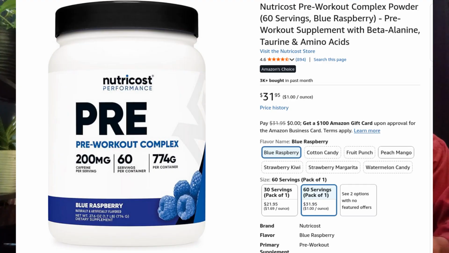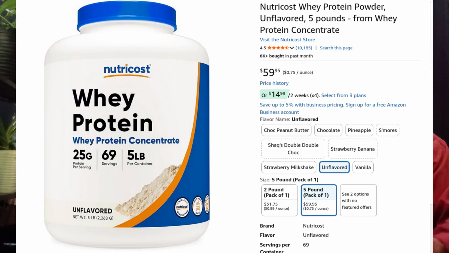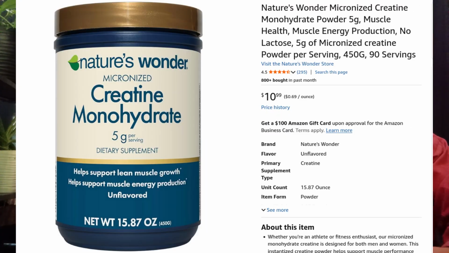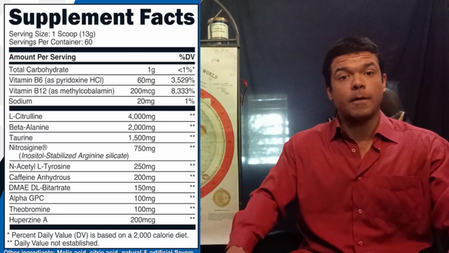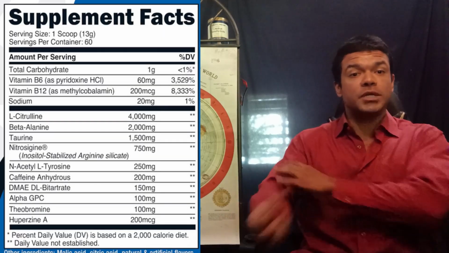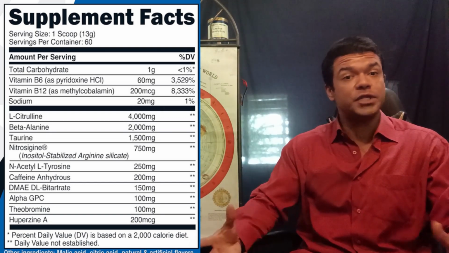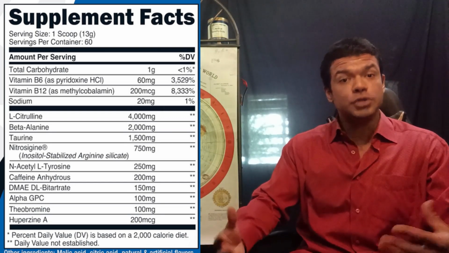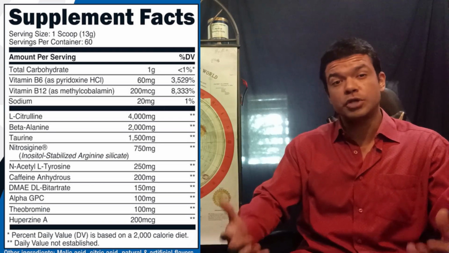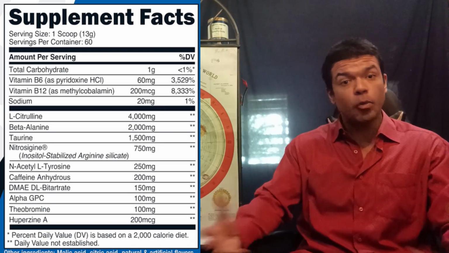A pre-workout, protein powder, and creatine. A pre-workout is very similar to an energy drink, but it has a whole different spectrum of chemicals. For example, beta-alanine. This helps your muscles recover between sets. It'll have stuff like alpha-GPC, which is a nootropic. It affects your neurotransmitters in your brain, dopamine, for example, so that you can be focused and motivated to work